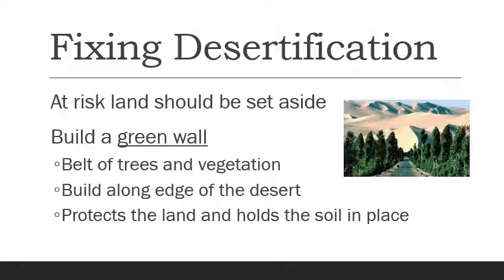The other thing that can be really, really beneficial that Algeria came up with first in the 1970s is to build something called a green wall. And this is a picture of a green wall right here. Right at the edge of the desert where you still have some vegetation and you still have good land, it's a good idea to build a belt or a wall of trees and vegetation, of plants that put their roots down and keep those trees and vegetation there so that that soil stays in place